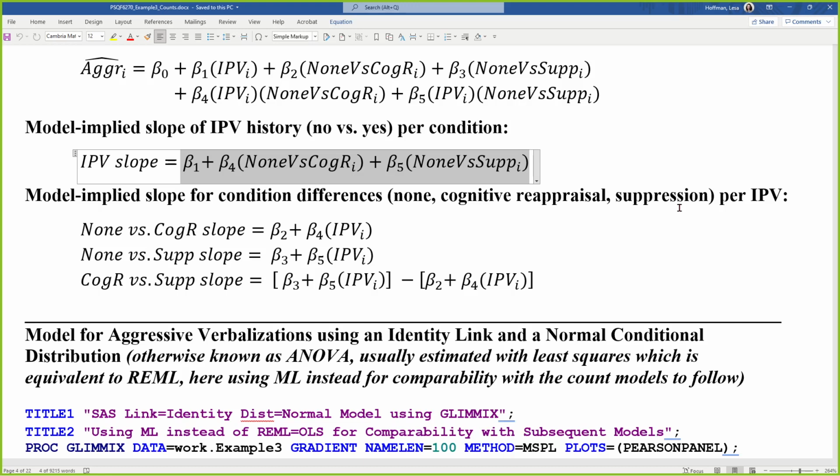So even though it's a new thing with respect to a count distribution, this part's the same. The linear predictor works the same because we're going to predict the log of the count.